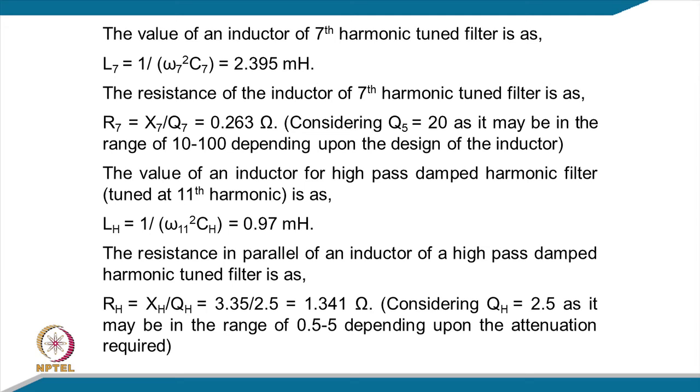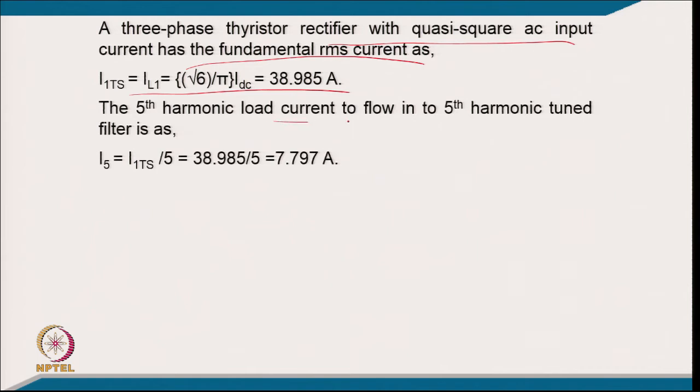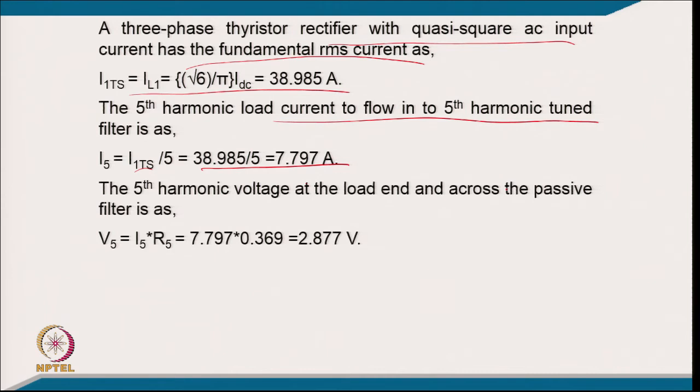So, it comes inductor 0.97 millihenry, and the resistance in parallel of the inductor of the high pass damped filter, with quality factor of 2.5 H upon this, comes 1.341 ohm. The thyristor rectifier square current has a fundamental current equal to √6 by IDC, that is 38.985, and the 5th harmonic current to flow into the 5th harmonic filter is I1. So, that is 7.97, and the 5th harmonic voltage at the load point must be I5 into